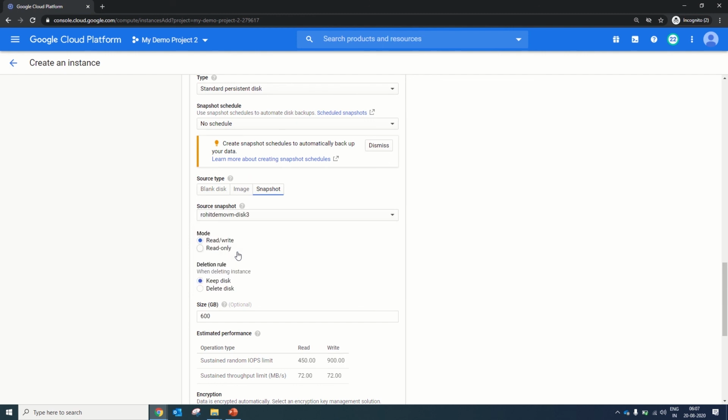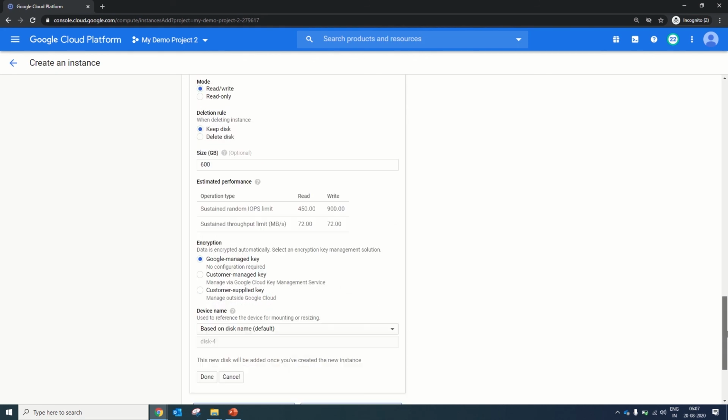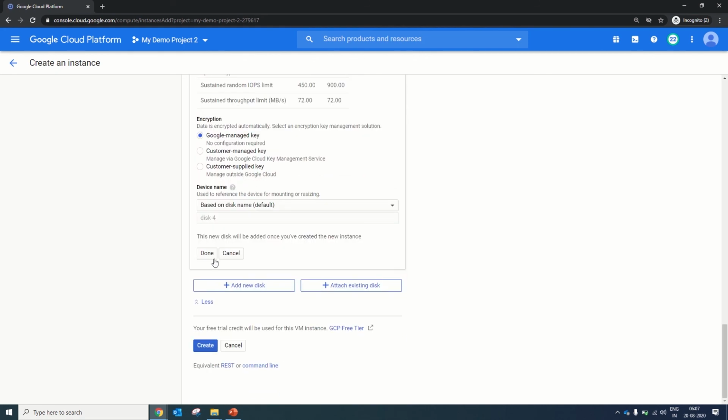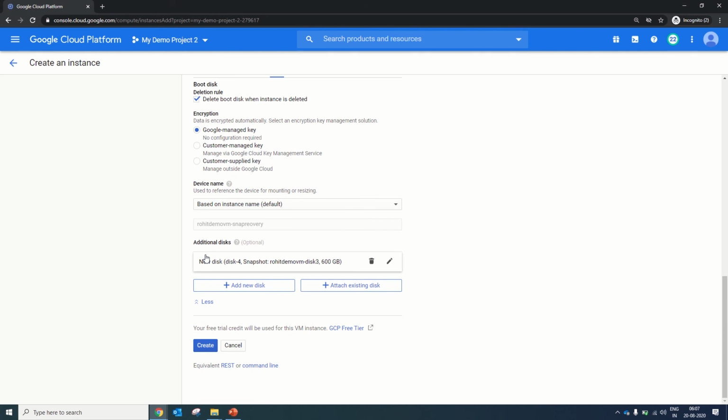If you select this option, it automatically picks the size of 600 GB, because this particular snapshot is of a disk of 600 GB. If you set done, it will create a disk with this snapshot at VM creation. In case you don't want to do it now, after the VM is created, you can just edit the properties and add a VM disk using this snapshot. So we will add the disk now, and we will click on create.